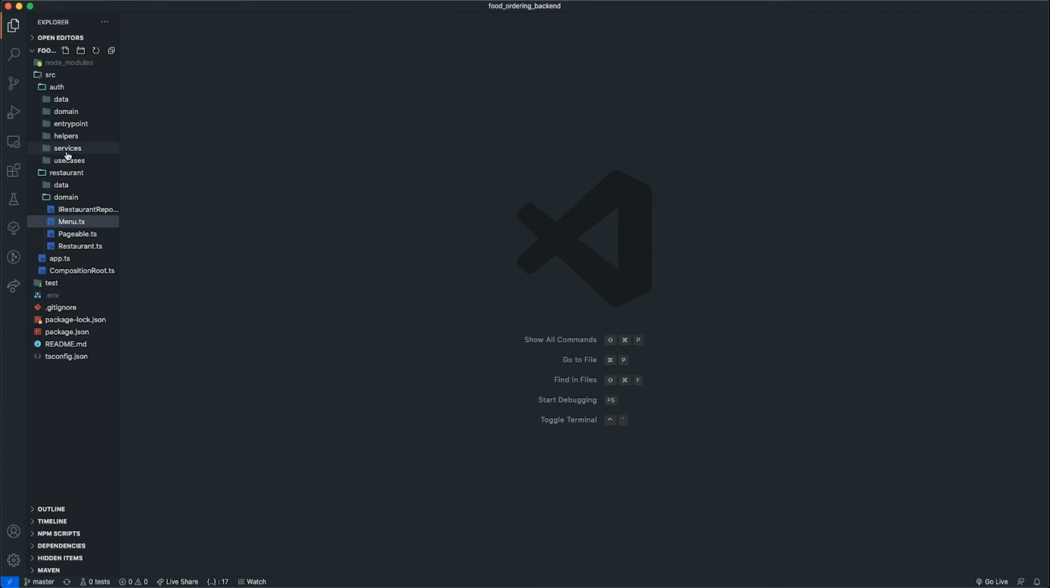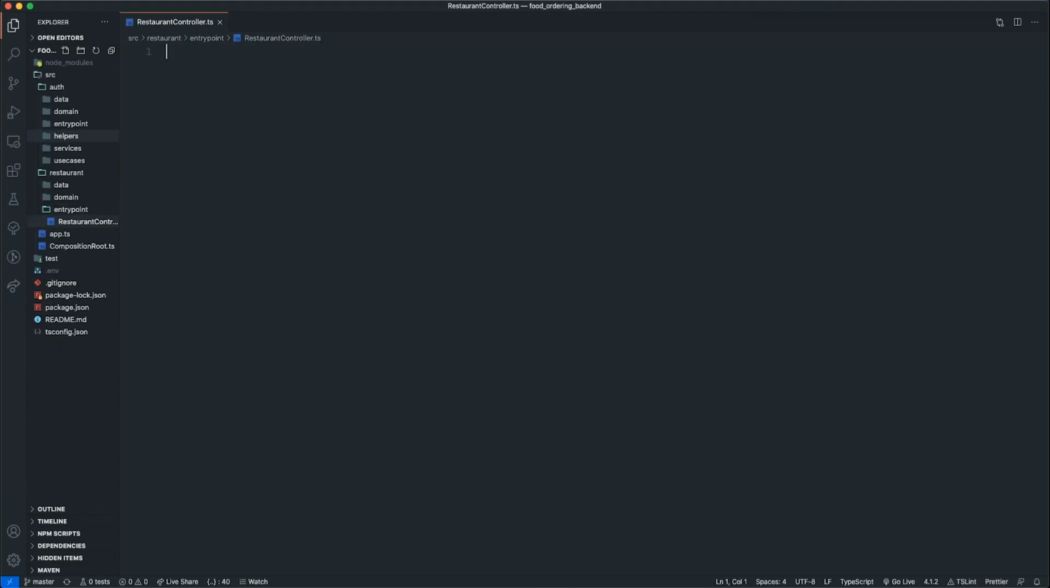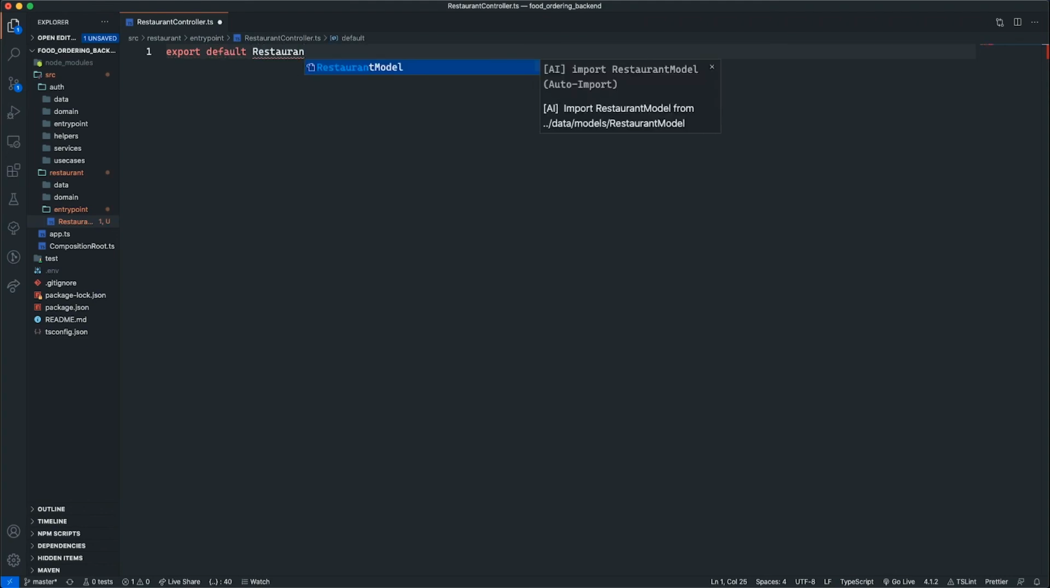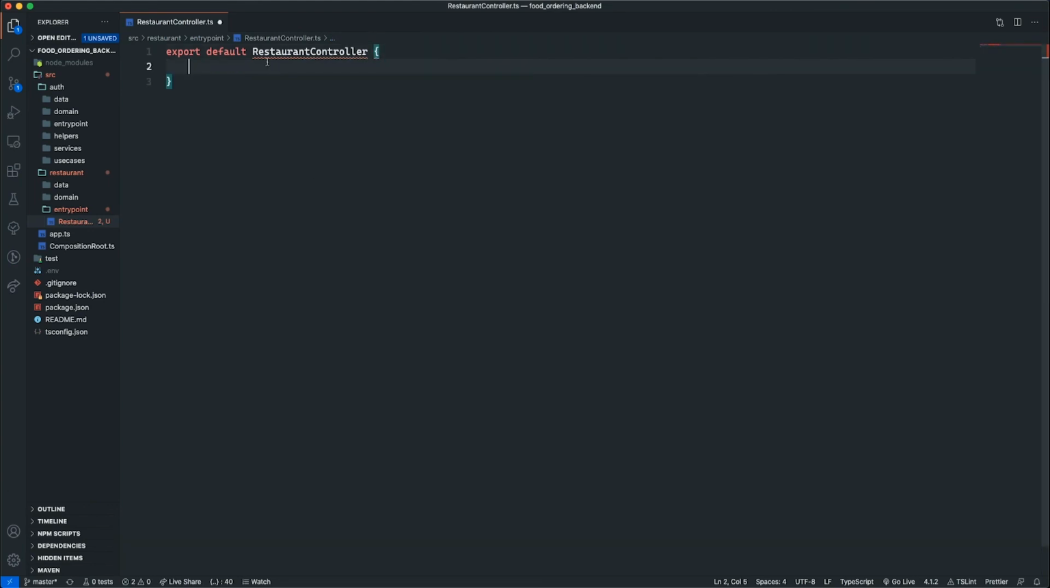Now I'm just gonna go here, and inside my restaurant module, I am going to create another folder, and I'm gonna call it entry point. And here I'll have my router and my controller. So I'm gonna go ahead and create my restaurant controller, TypeScript. And then I'll export default class